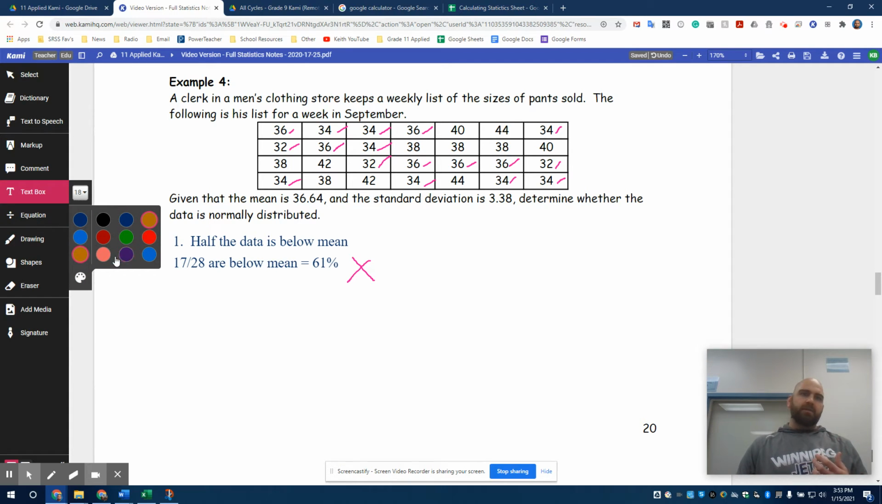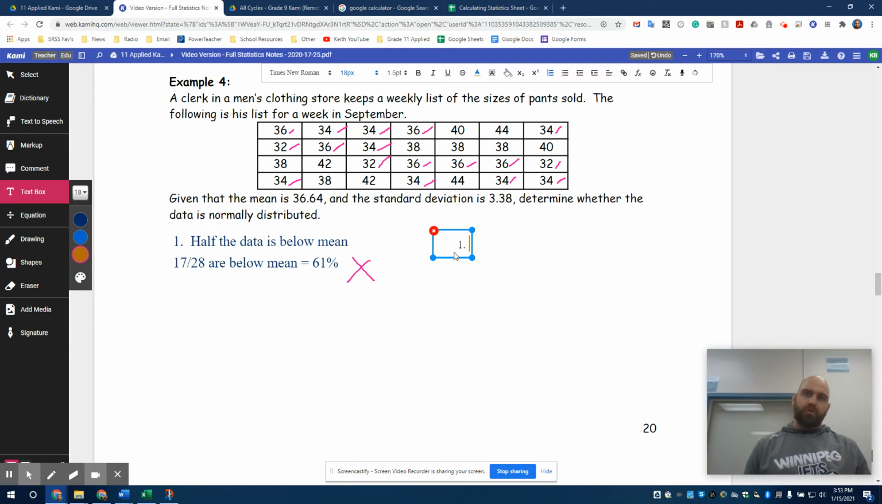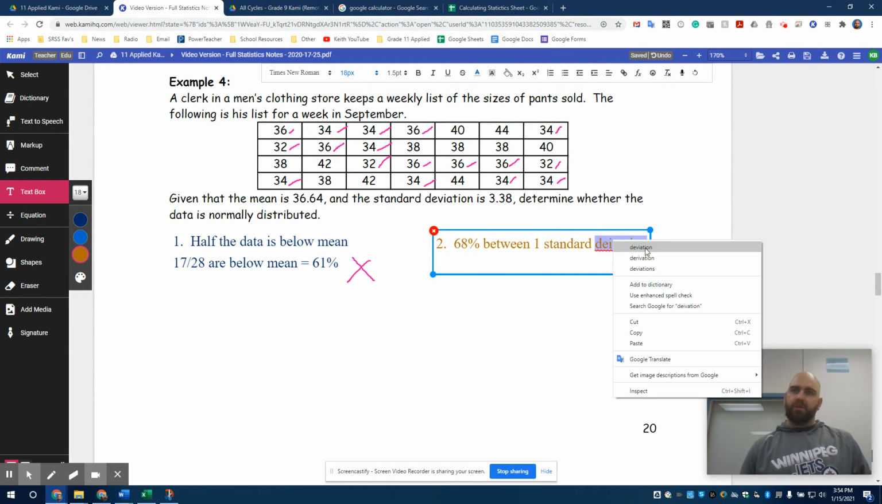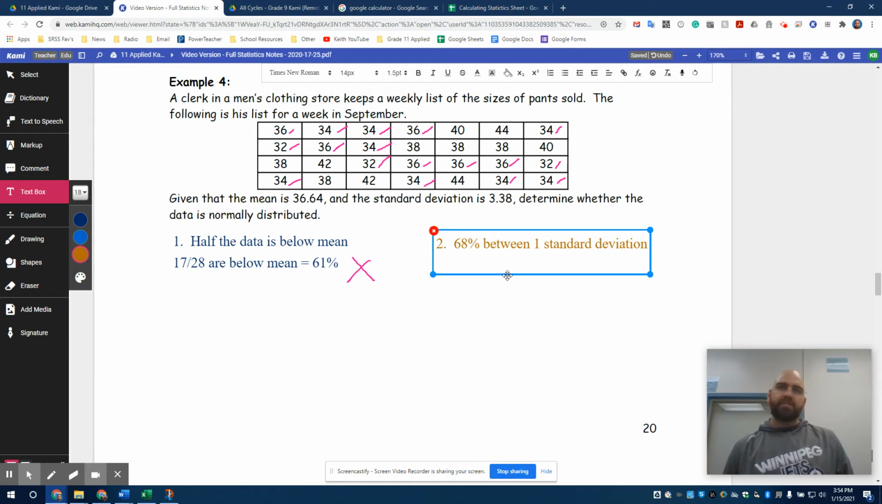But I am going to do that just because I want to show you how to do it, and we'll see if it matches as well. So is it going to be matched as well? Okay, so this is 68% between one standard deviation. We need to look for our range to start with. The range that we're looking for is one standard deviation below, so